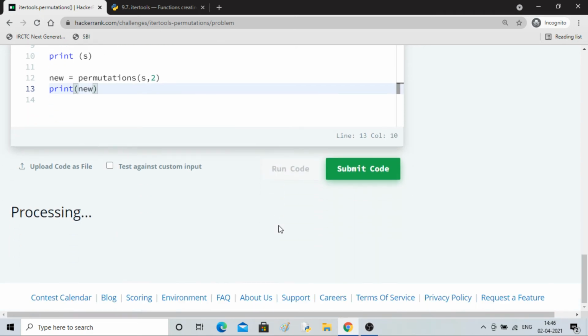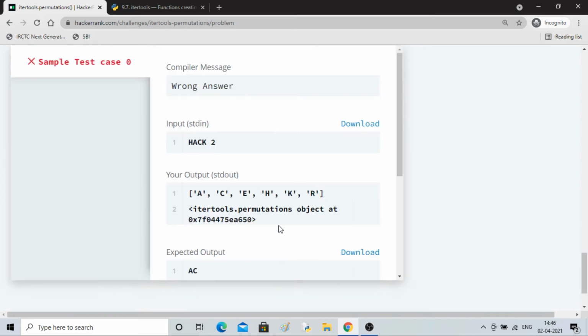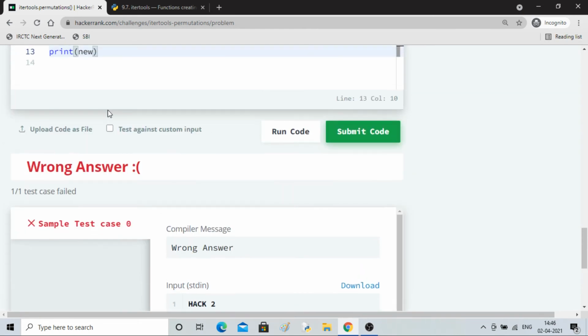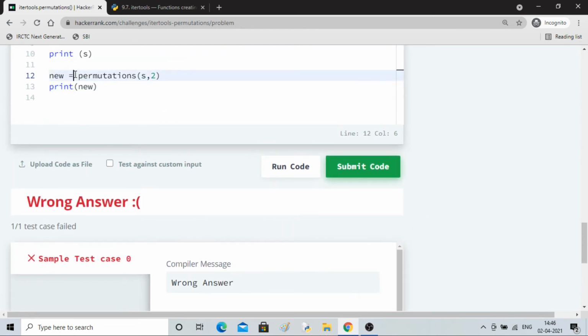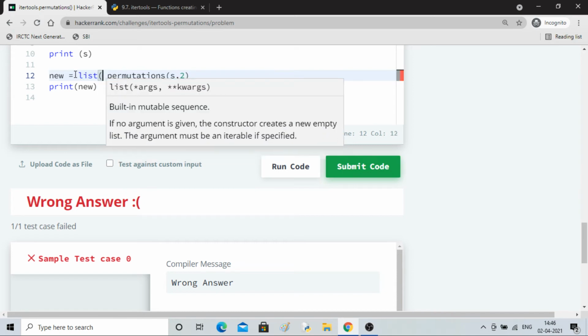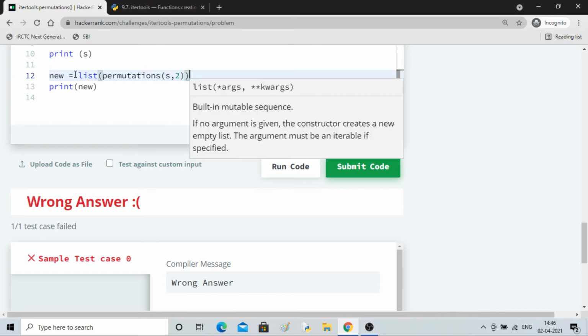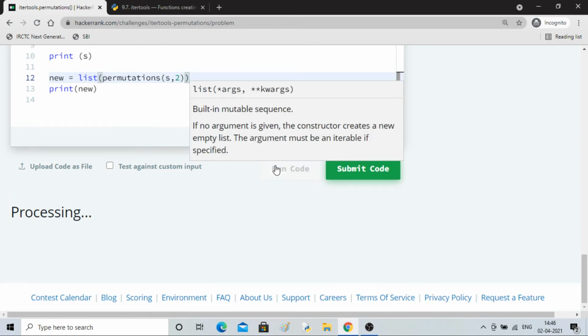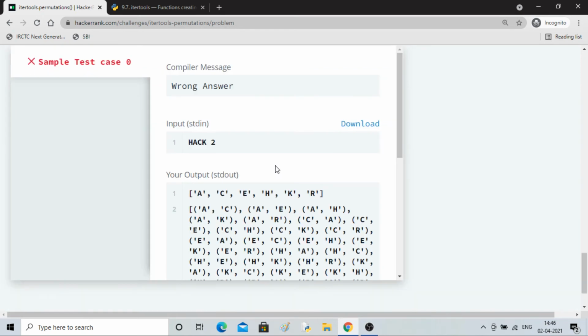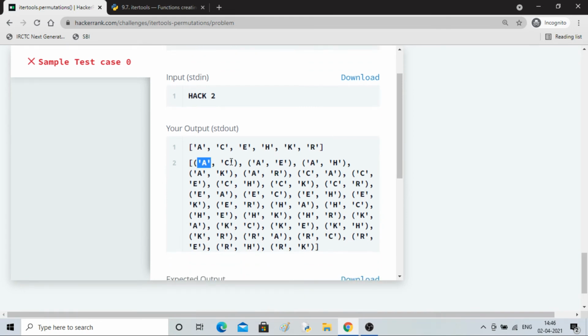Let me run this. Okay, we have to do it in list form. So now you can see all the possible combinations of 2: AE, AC, AE, AH, AK, AR, AC.